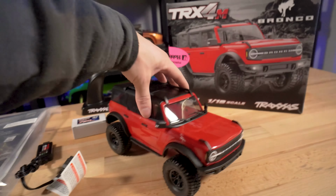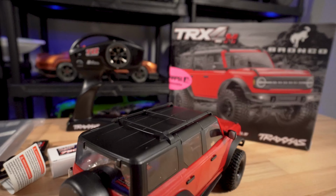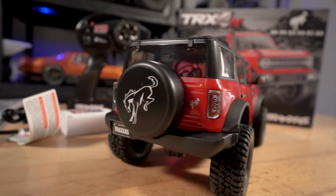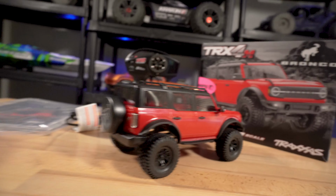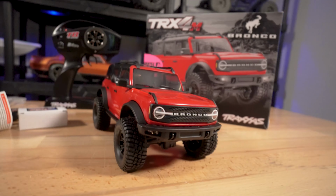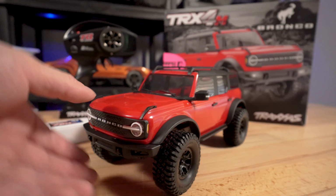So the first thing I noticed, this is a hard body. The details on it are pretty cool. We got a little roof rack. Got that Bronco logo in the back, which is cool. Pretty sweet looking truck. And then of course you got the clipless body, which I really like because it just makes the truck look